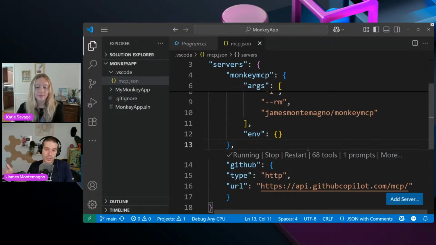Now, when you do this, it will probably authenticate you. And we had some questions about authentication. Like that just kind of worked. I think because I've authed at my core level before and I'm already logged in, it just automatically will authenticate me. Usually I'll get a pop-up, hey, do you want VS Code in the MCP server?